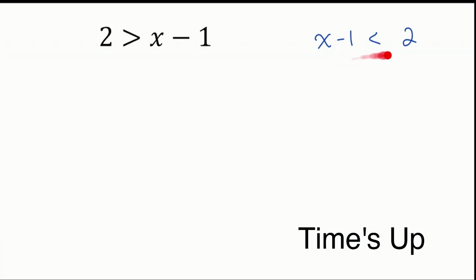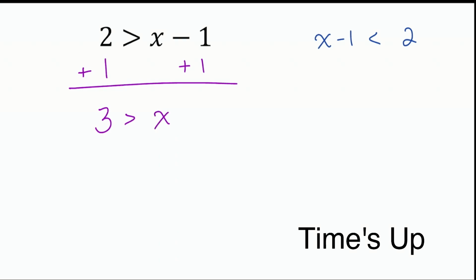So hang on to this thought over here. I'm going to start from over here, though. I'm going to solve it from this, and I'll show you that if we chose to swap the sides, we can still get the same correct answer. So everybody, let's focus our attention over here. We have x minus 1. Everybody, what should I do to both sides to get rid of that minus 1? Correct. Opposite operation. We see subtraction of 1, we'll do the opposite, and we will add 1. So we have plus 1, and from there, my party people, we'll have 2 plus 1 is 3,